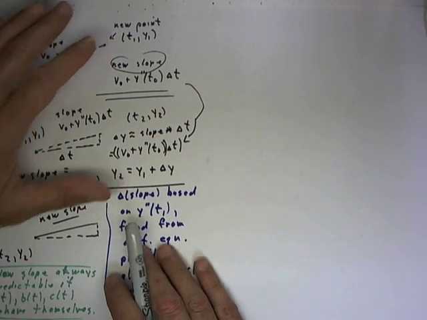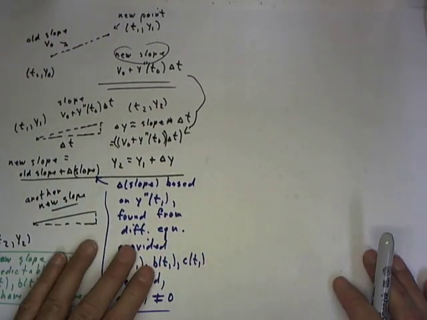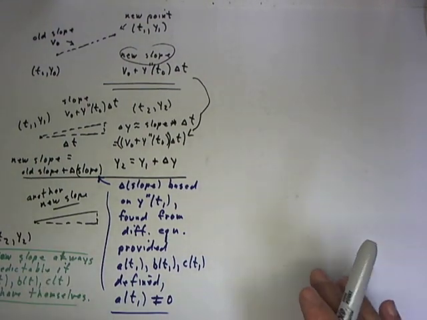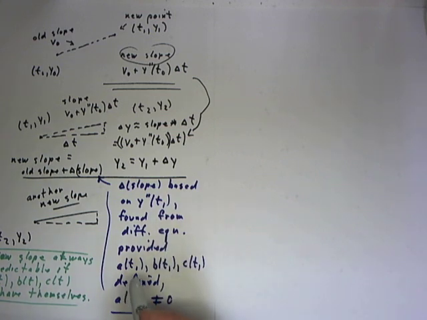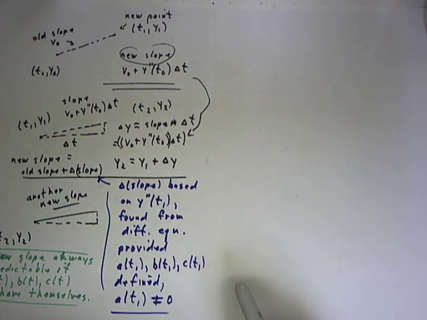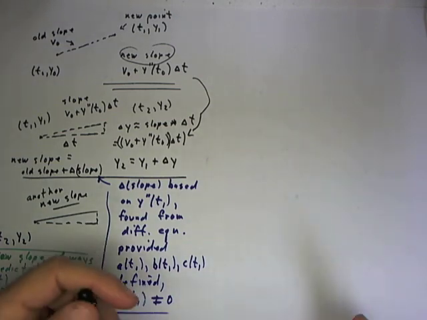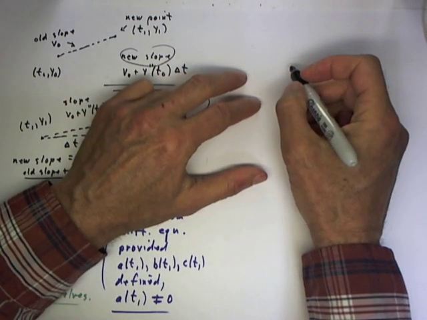The process we've just outlined can be taken to be a pretty good plausibility argument for the idea that if we're given a differential equation with an initial condition, a second order differential equation of the type we've been looking at, where the coefficients of y double prime, y prime, and y are all functions of t, which are defined and in some cases non-zero, we can always get a solution in the neighborhood of the initial point. Now,